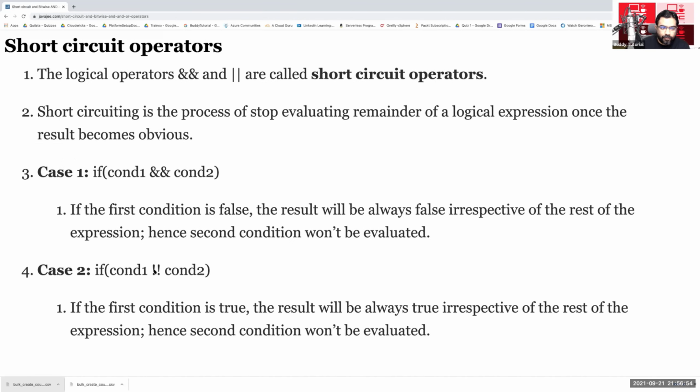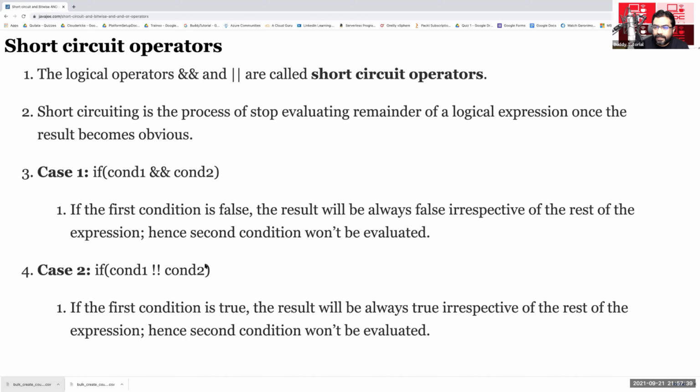And in the case of or, if the first one is false, will I be evaluating the second one or not? If the first one is false, then I'll be evaluating the second one. And if the first one is true, will I be evaluating the second one? Okay, so now tell me, if the first one is true and the second one is false, what will be the result?